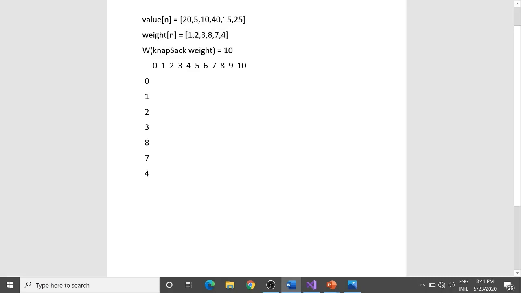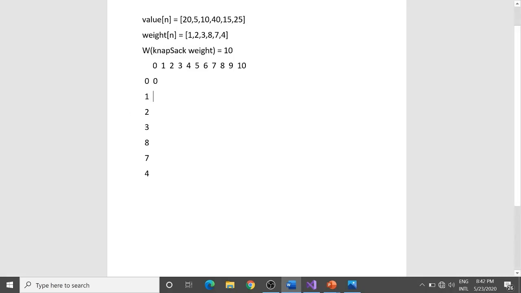So now what is this intersection of this 0 and this 0? What does this say? This 0 signifies that the maximum weight my knapsack can hold is 0. Hence, even if I have any element, I cannot create a value out of it, because when my knapsack can itself hold a 0 value, what element would I be adding to it? Hence, I cannot add even a single element. So if I cannot add even a single element, the total value I can create by putting elements in the knapsack is 0. That's what I would be doing over here. So this is my base case.